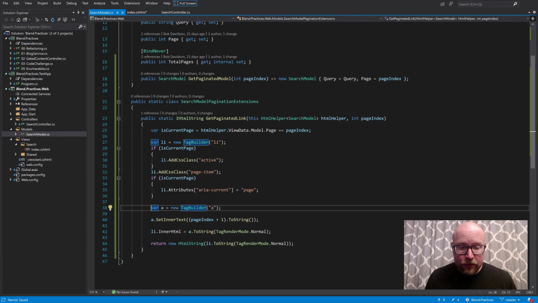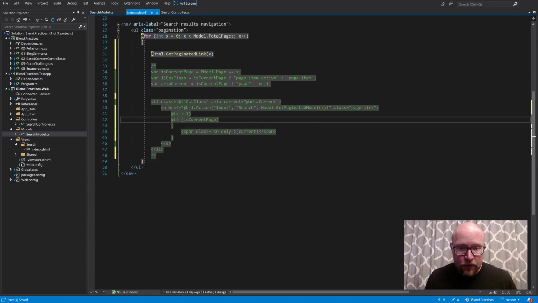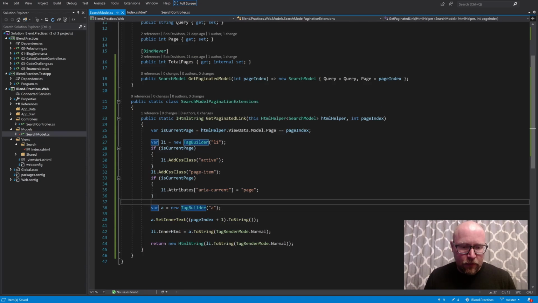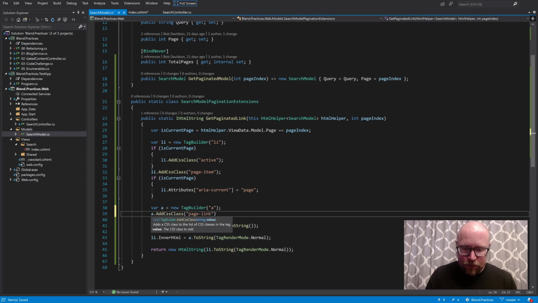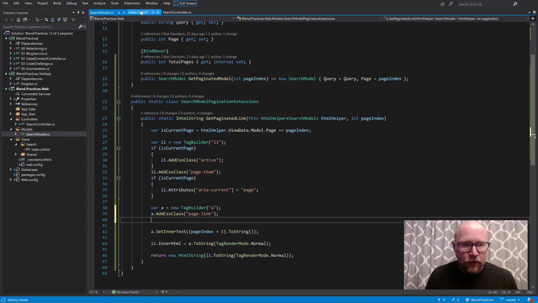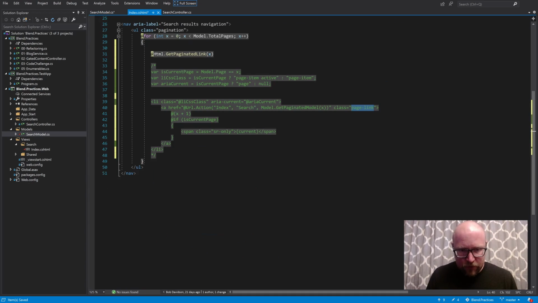All right, let's take a look at the anchor tag now. So the anchor tag is here. We had the href attribute and the class. We'll do the class quick because that is super, super easy. Add CSS class, page-link, done. Now the URL is a little more complicated. Before we were using this